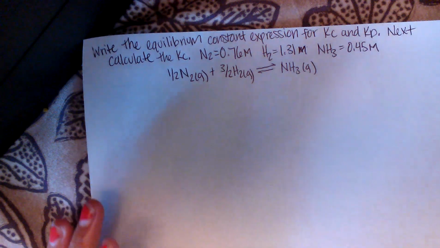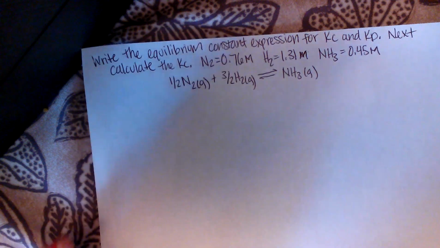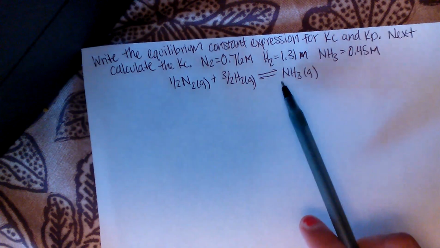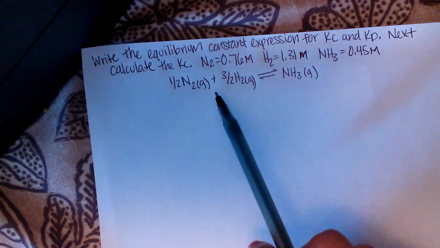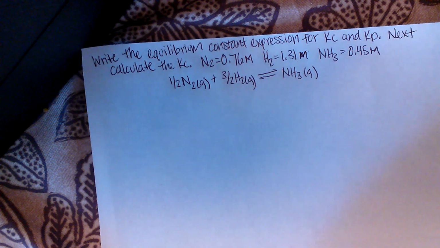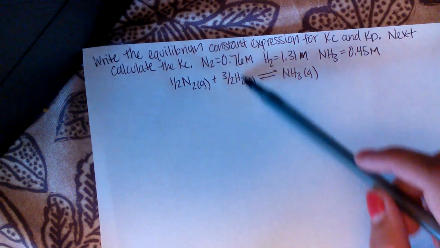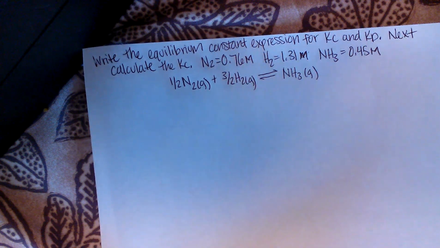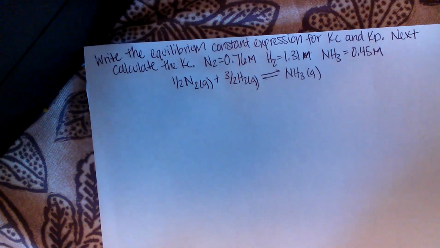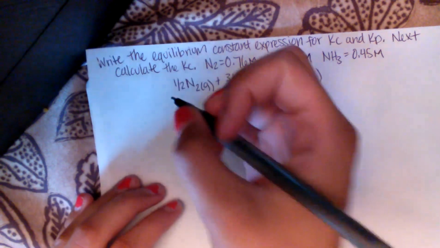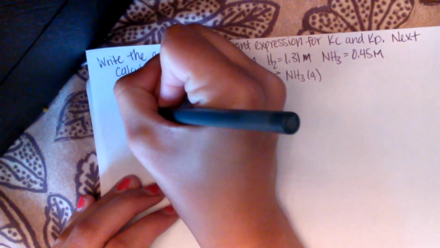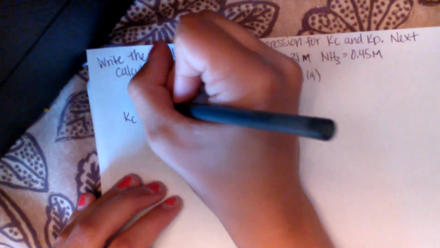They're not too difficult. Basically, how you're going to write it is you're going to be doing the product divided by the reactants, and then whatever the coefficient is in front of the reactant or product, you're going to put it to whatever power. So I guess as I write this it will probably make more sense. So for Kc, we're going to be doing